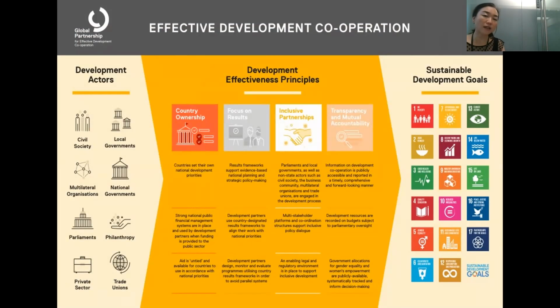I think quite a number of people are aware of the Global Partnership for Effective Development Cooperation. It has come from a previous global conversation around aid effectiveness, now shifted to effective development cooperation.